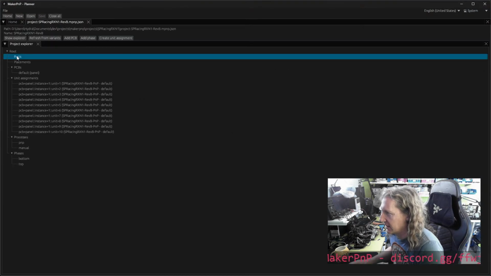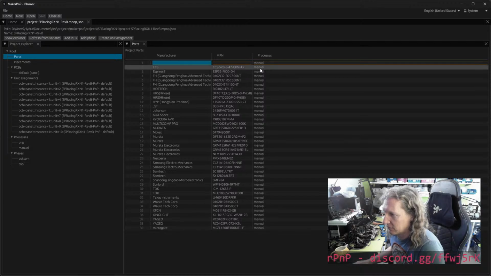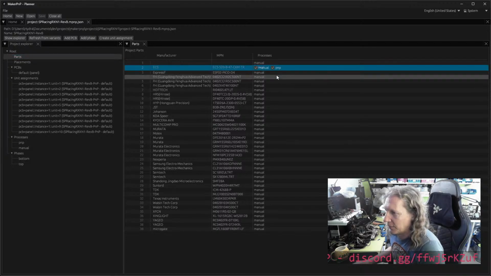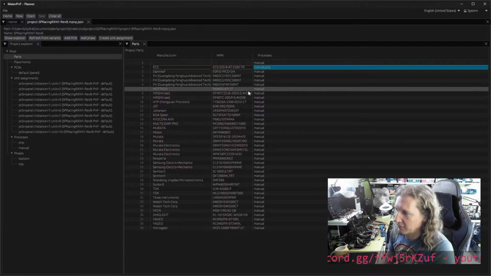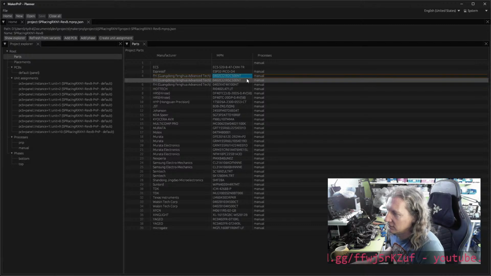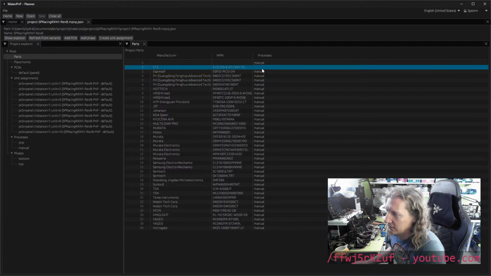Case sensitivity. There we go. Manual. So now we click, and we can pick PnP. Okay, and if we cut it, which was what the problem was before, we go cut. Right, and then when we edited it,